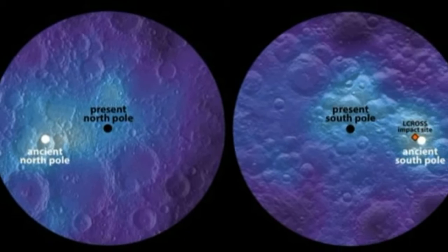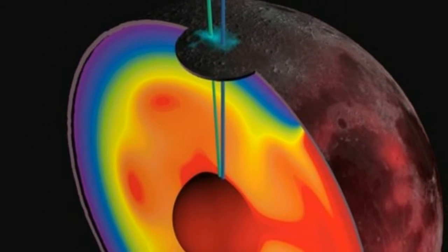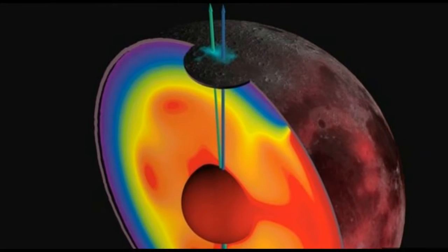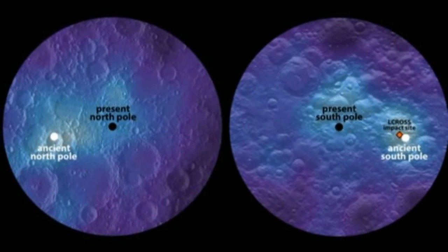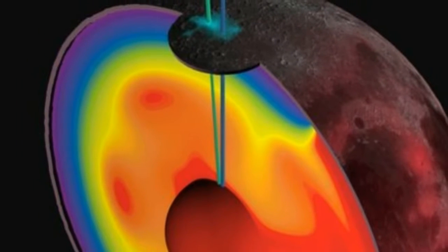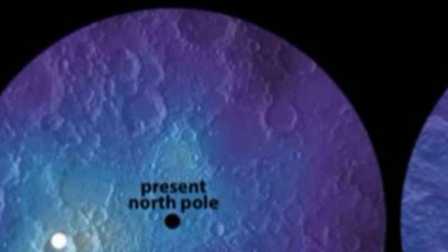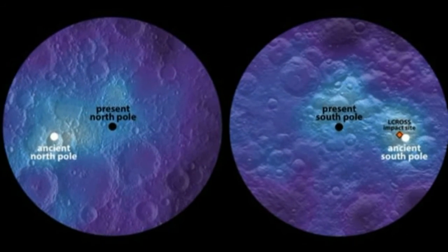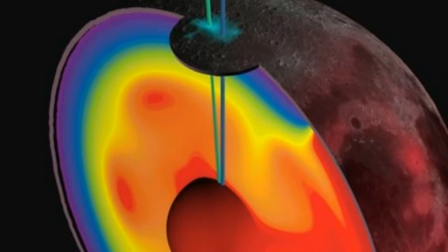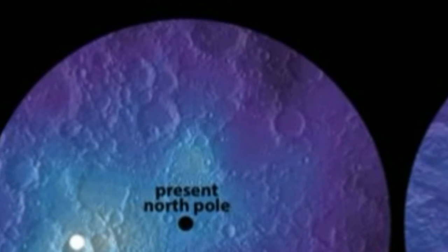Volcanoes and associated geological activity would have made it warmer and lighter than the rest of the Moon. According to Matt Siegler, from the Planetary Science Institute in Arizona, and his colleagues, that drop in density produced enough wobble to explain the two paleopoles they detected in the Lunar Prospector data. The Procellarum region was most geologically active early in lunar history, which implies that polar wander initiated billions of years